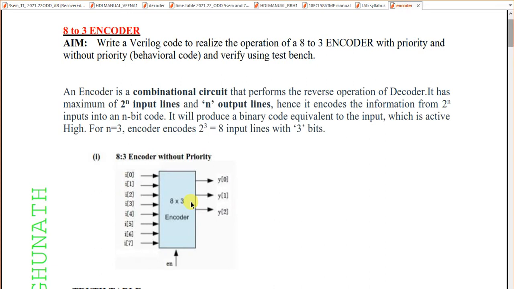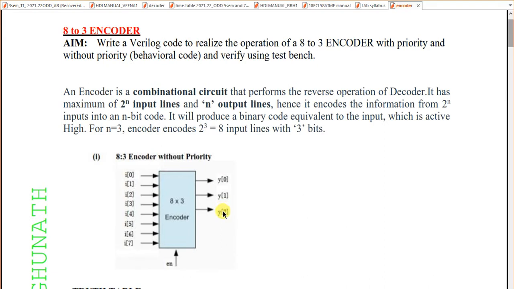In general, it has 2 power n inputs and n output lines. For example, if n is equal to 2, 2 power 2 is 4, so a 4 to 2 encoder is also possible. Here, for your syllabus, 8 to 3 is there. So n is 3, and 2 power n is 8. So 8 inputs to a 3 bit code.